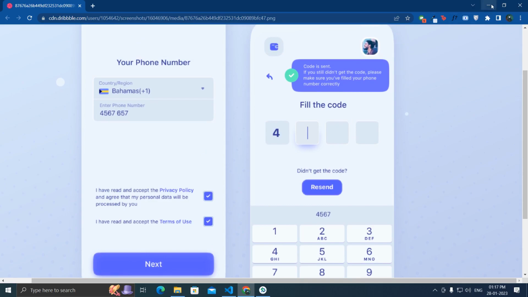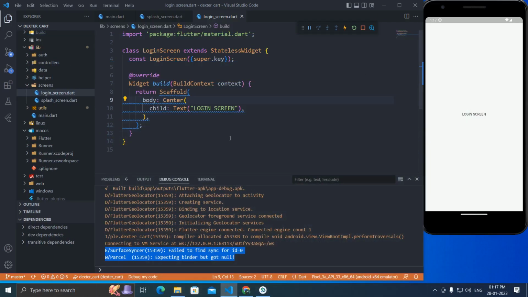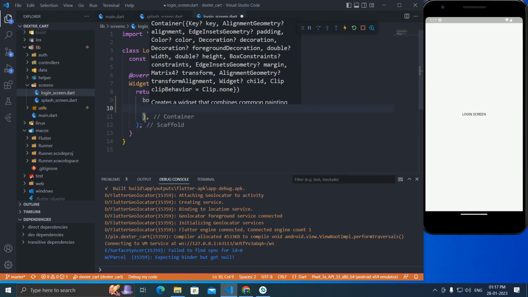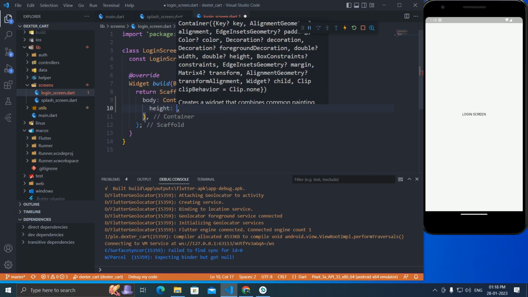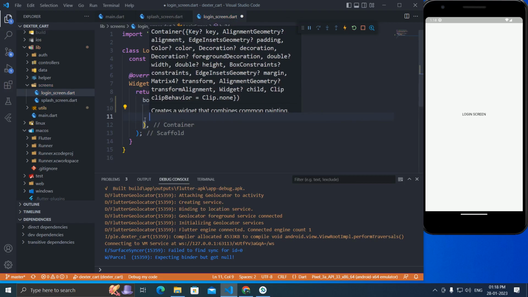Now, how to make these? First of all, I will do some customization over here. Let's remove this part first and make it a container, and the height and the width will be infinity. Not infinity, basically that matches the size of the width and height of the screen. So let's say height double dot max finite,